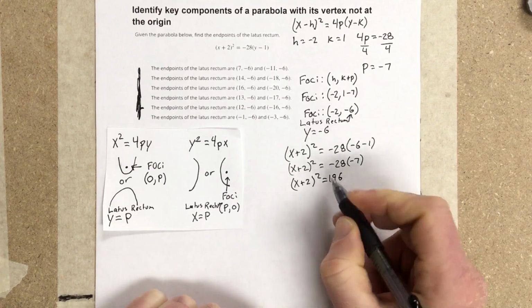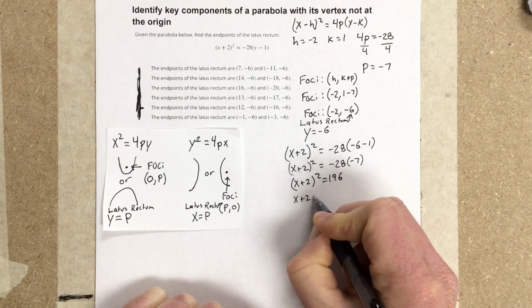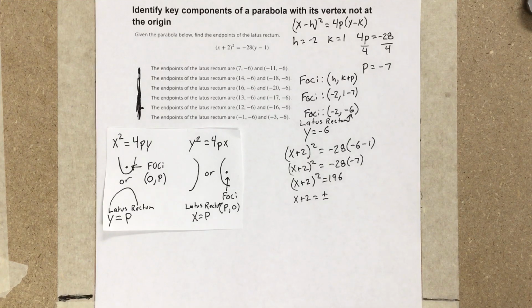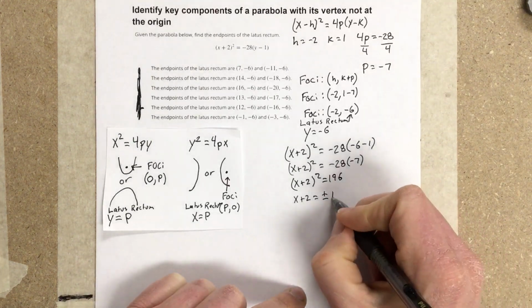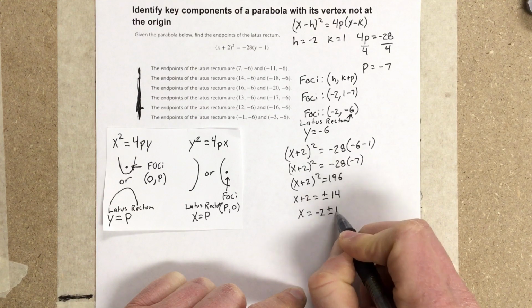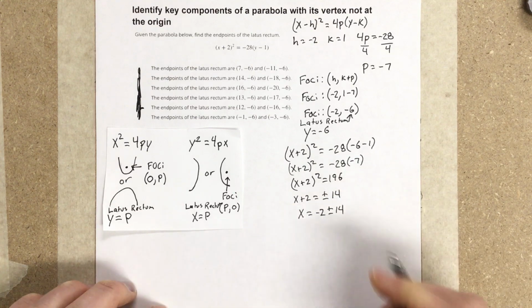Now I'm going to square root each side, and I get x plus 2 is equal to plus and minus the square root of 196. It's 14. So if I subtract the 2 over, I get x is equal to negative 2 plus and minus 14. So that tells me my endpoints for the